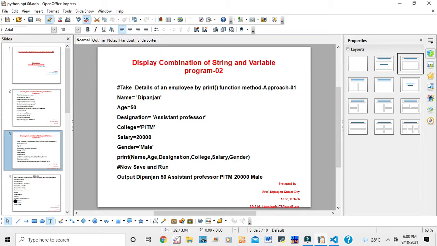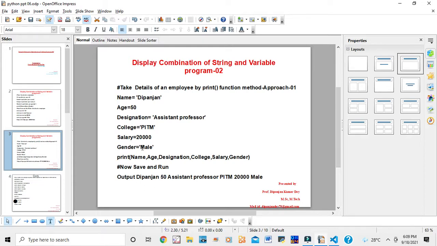Designation is a variable, assistant professor is the string type. College is the variable, PITM is the string type. Salary is equal to 20,000, salary is a variable and 20,000 is integer type. Gender equal to male, so male is the string type.